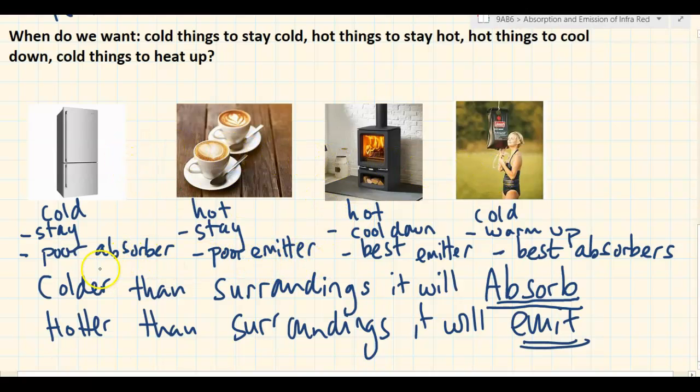The important thing is this word. Okay? So if something is colder than the surroundings, we need to talk about it absorbing infrared. And if something is hotter than the surroundings, we need to talk about it emitting. Do we want it to be a good emitter or a bad emitter? The cold things, do we want them to be a poor absorber or a good absorber? Okay, now